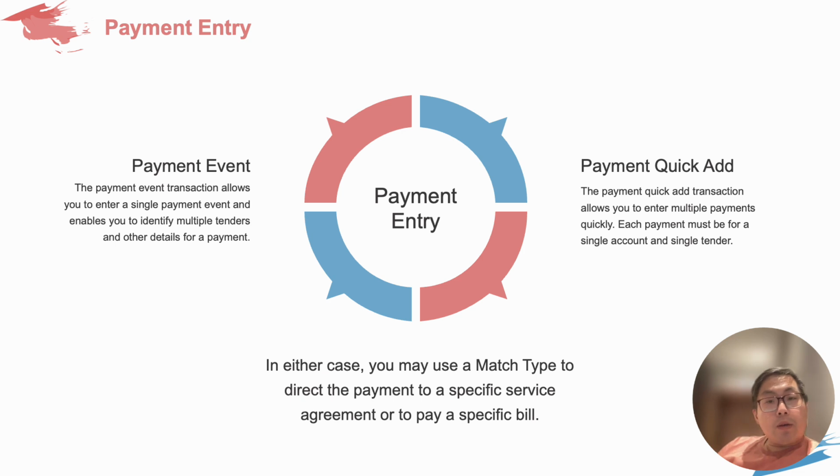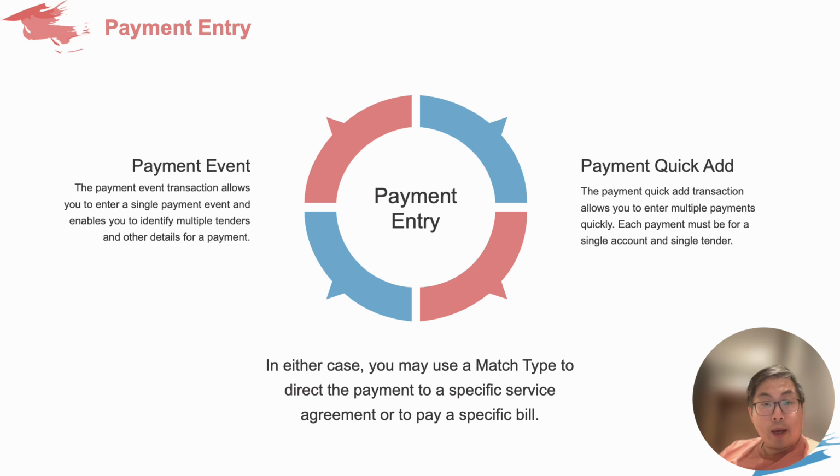But there is another way of creating payments. It's called payment quick add. When do we use this? This is something really quick for the payment. So normally what happens when you use this quick add is it just creates one payment event with one tender and matched to a single account. That's basically quickly